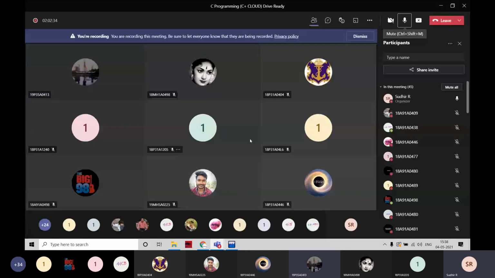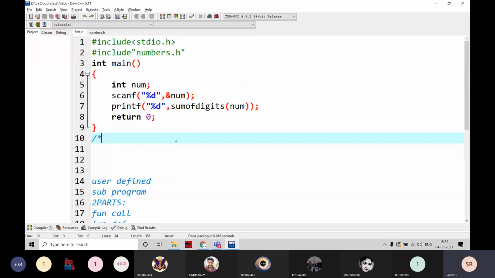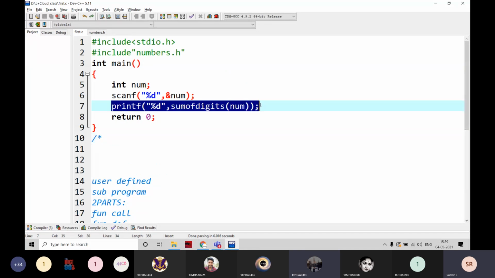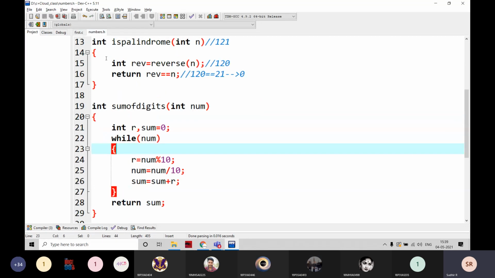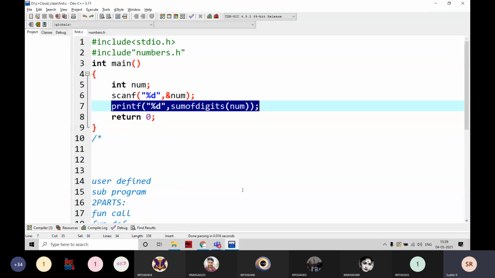In functions there are calls, like the call function and the calling function. This is the calling function, the function call. Called means the function definition. This is the function definition, and this is going to be the function call.